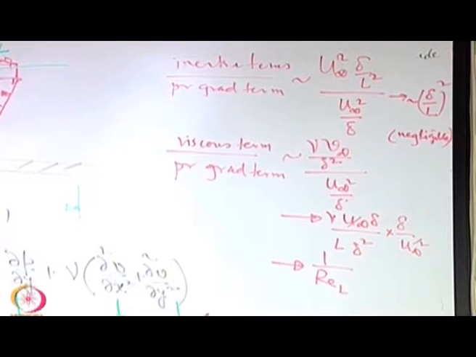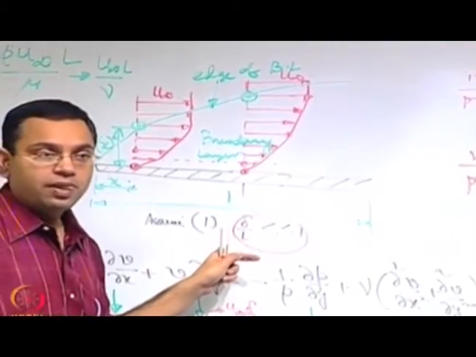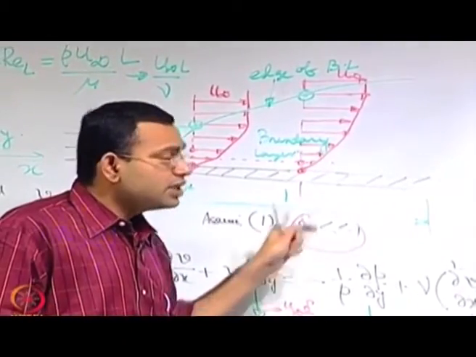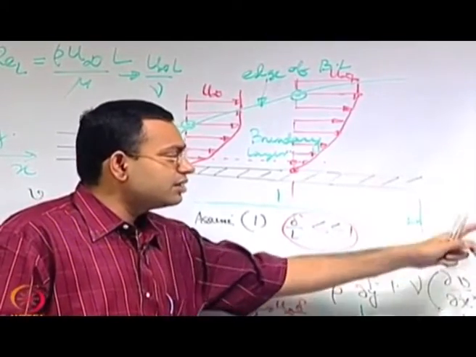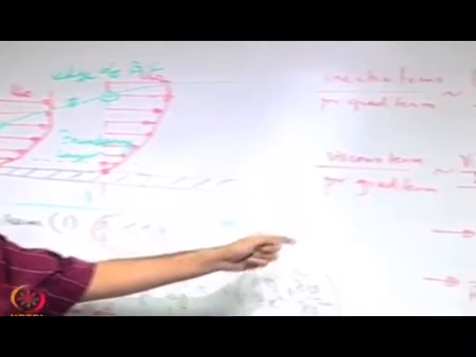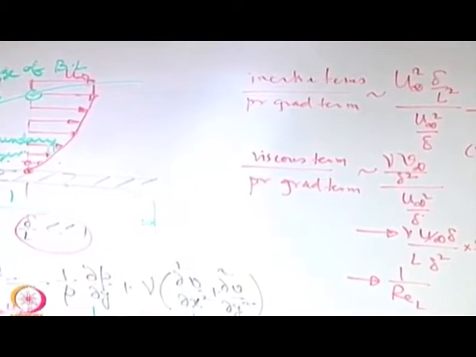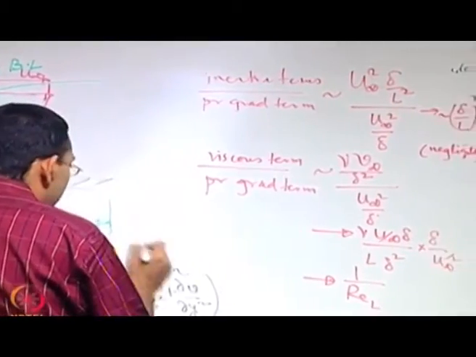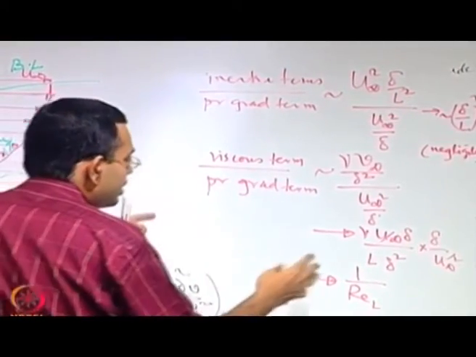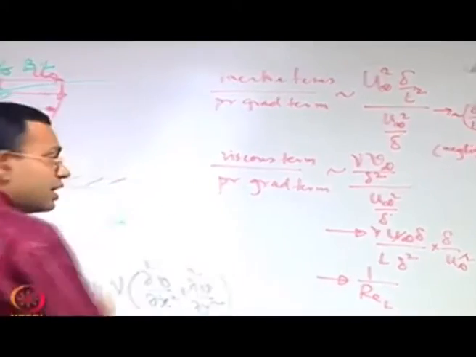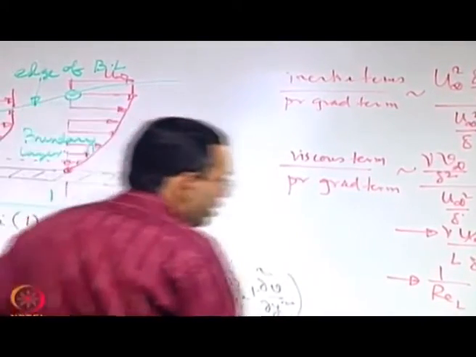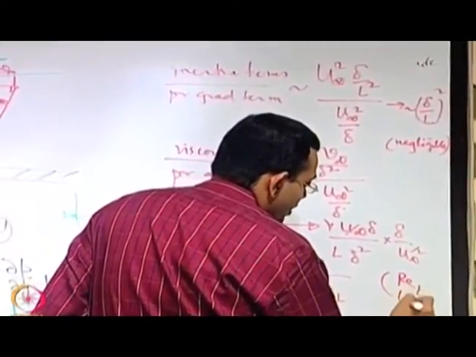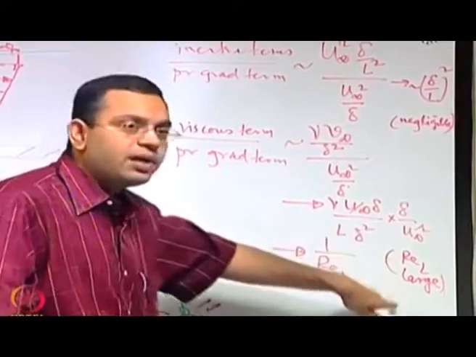We will also consider that the Reynolds number is large, and we will see very interestingly that that is not an additional consideration, it should follow from the consistency of this assumption. But for the time being we will assume that, because we may only show from the x momentum equation the relationship between delta by L and the Reynolds number. So one of the important consequences of considering the Reynolds number large will be delta by L small. So delta by L small automatically implies that the Reynolds number is large. So for the time being let us consider it as an independent assumption.